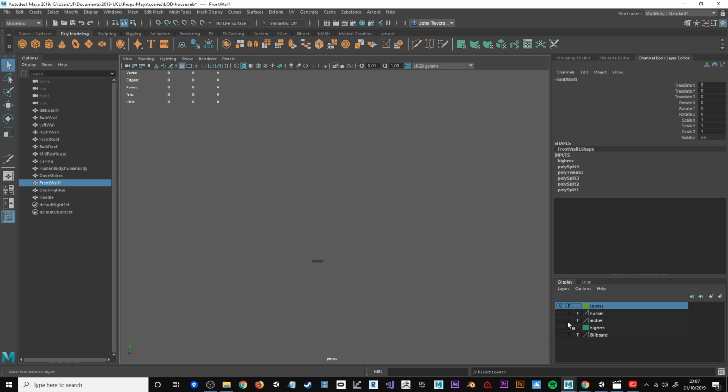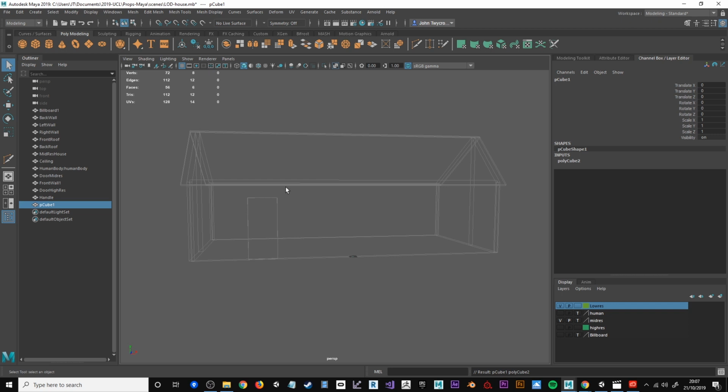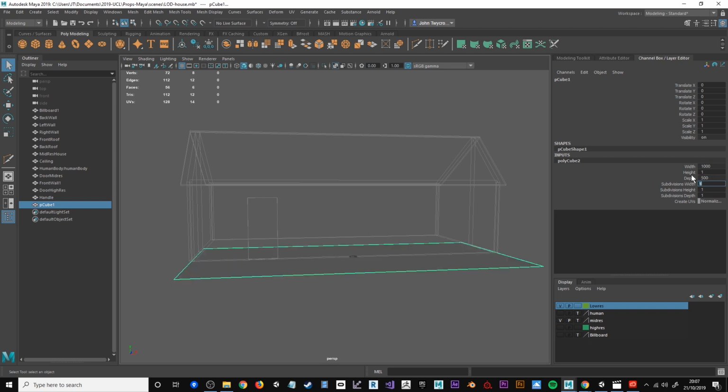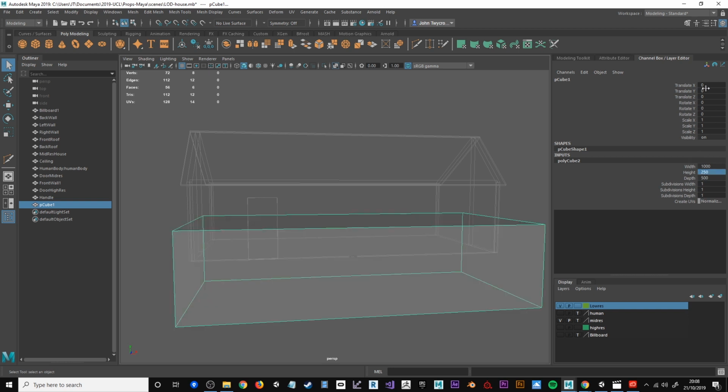But I'm going to get an outline here, and I really just want this shape from a cube, so I can bring a new cube in. I know the dimensions of it, so I'm going to start with the 1000 and 500. Also, the height initially was 250 and raise it up by 125